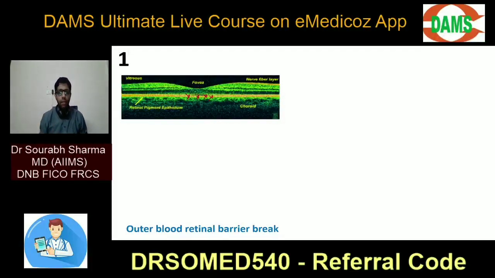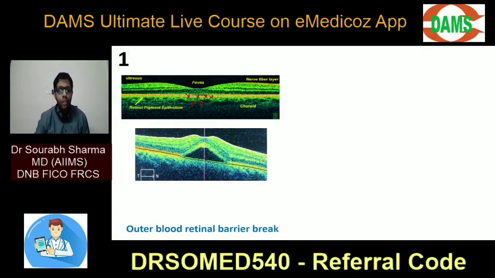Sir, outer barrier break is preventing the choroid blood to go into the retina. If outer barrier is broken down, choroidal fluid will come into the retina. Between the neurosensory layer of the retina and the retinal pigment epithelium, there will be fluid. क्या है ये? The 9 layers are separated from the 10th layer because of fluid from the choroid. इसी को तो कहते हैं exudative retinal detachment. Because of break in the outer blood retinal barrier, choroidal fluid will come between the layers of the retina. So there is fluid here.